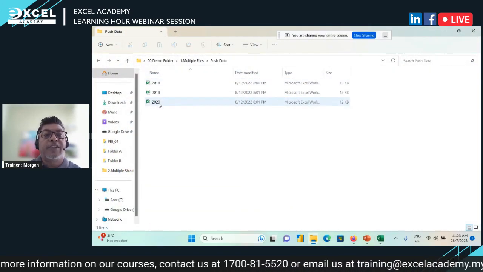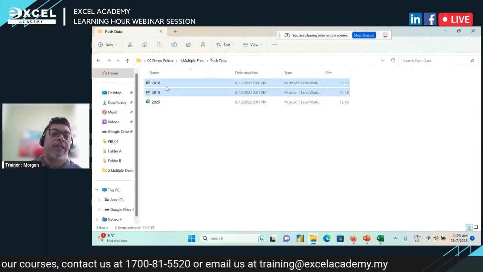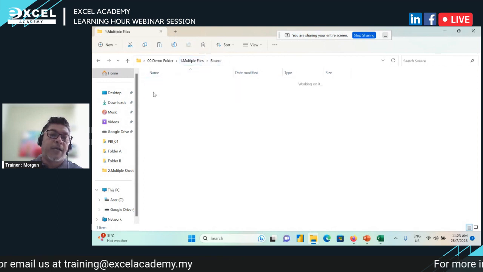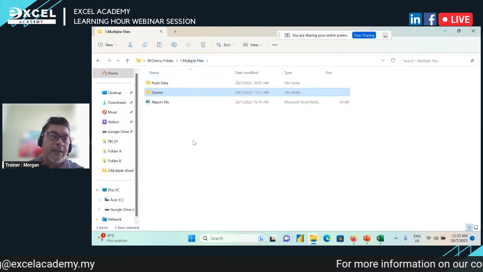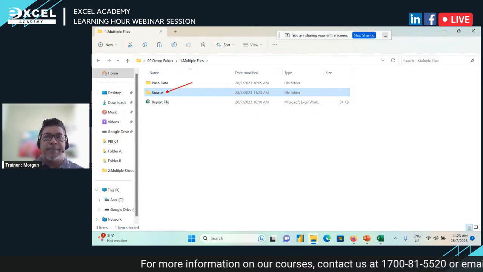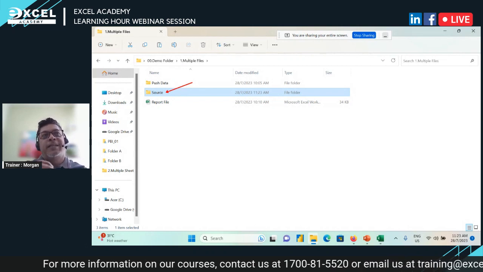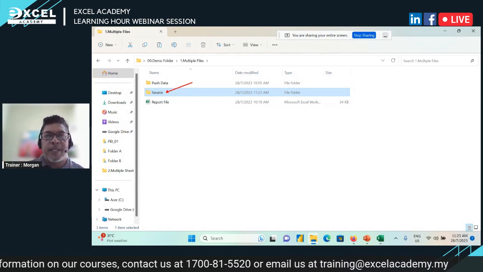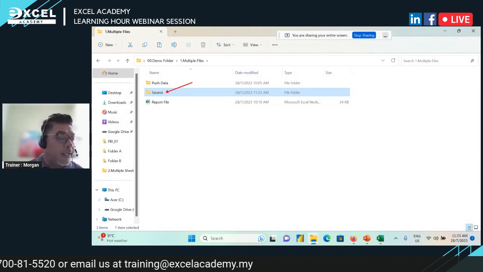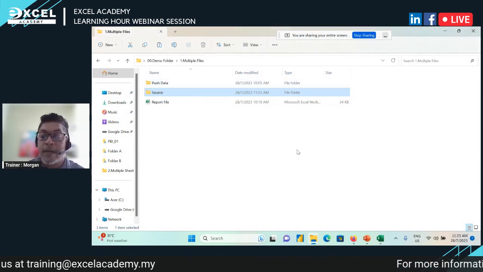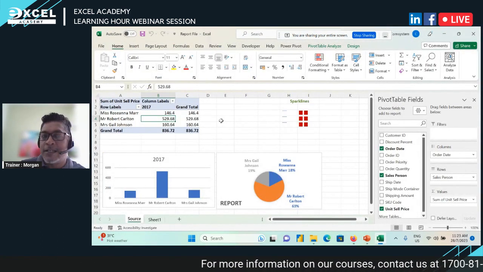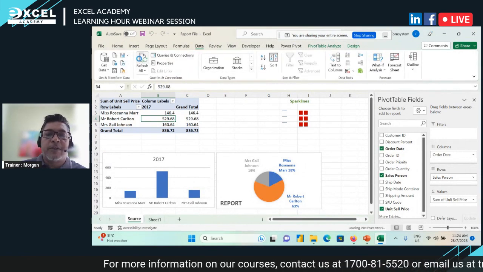The following day I have another three files. What I'm going to do here is take these files and put them into this folder. I created a special folder and made it a hub, a main folder, where if any new files come in, when I refresh, it will go and grab all the data from the files. That's how you can do that. Once I've done that, you see, I never even opened the file. Do notice that. I just need to go and refresh here